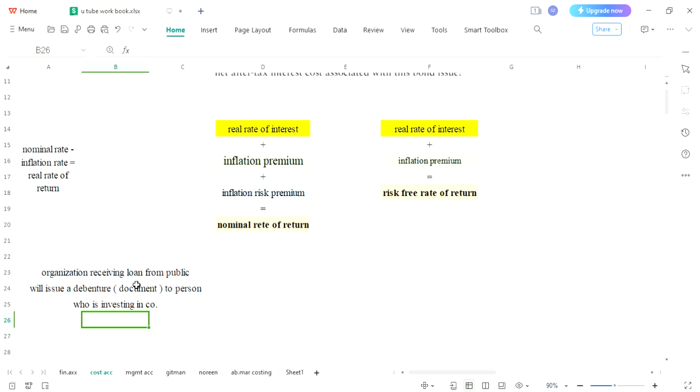Read it again. Organization receiving loan from public will issue a debenture, a document to a person who is